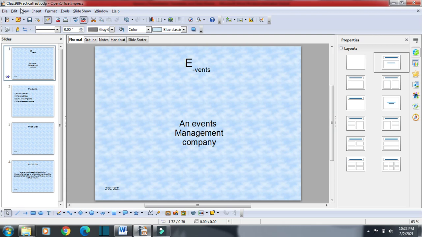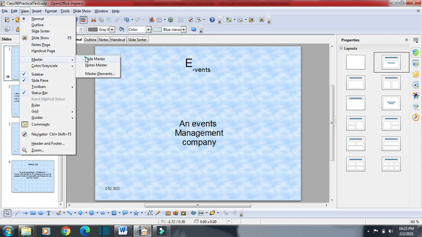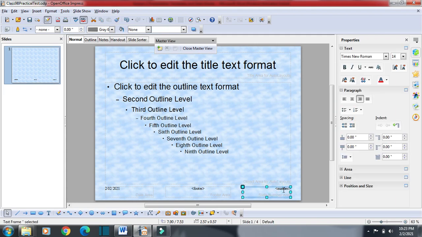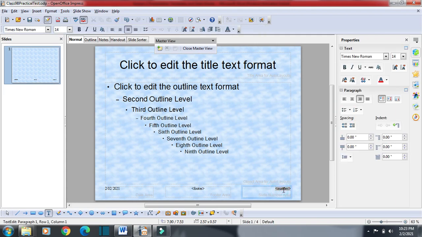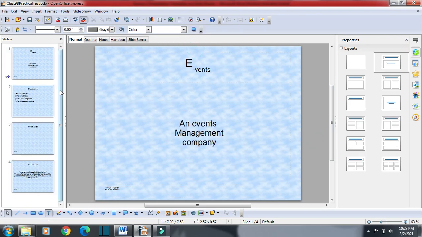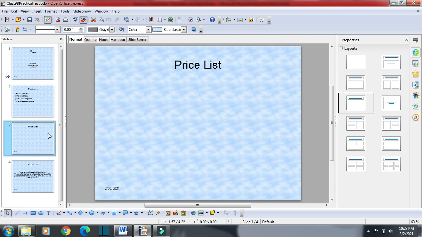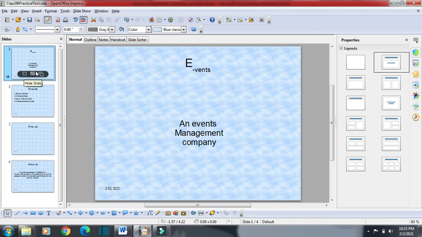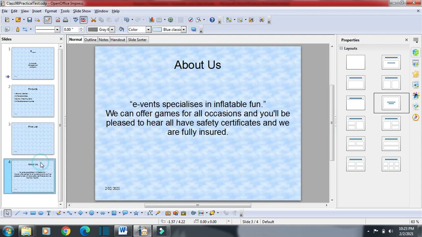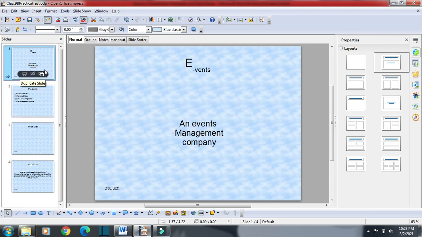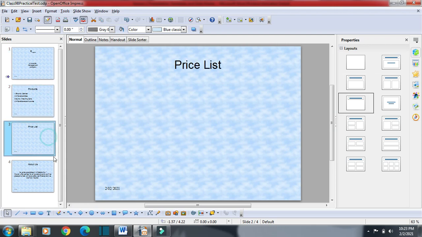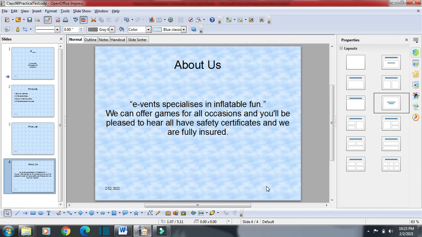Date is available here, so that is applied to all the slides. Likewise, we can go to slide master and we can go for slide number also. We can change it and we can place 1. It will be applied to all the slides. Okay, so it is not checked from there. We will see why this is not getting appeared in all the slides. Okay, in the next session we will discuss why it is not showing.